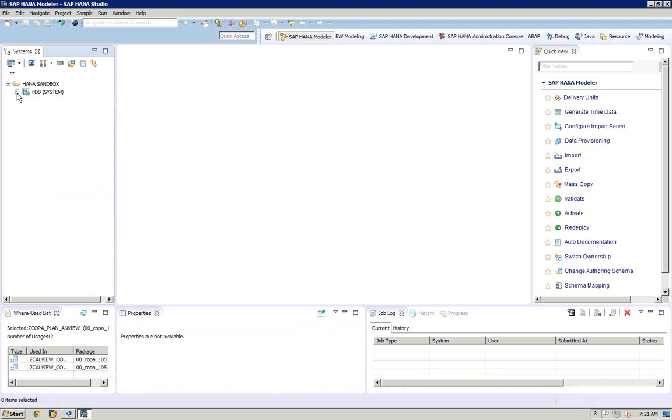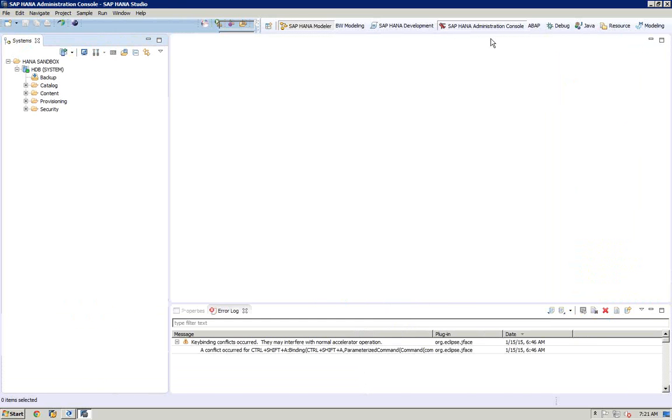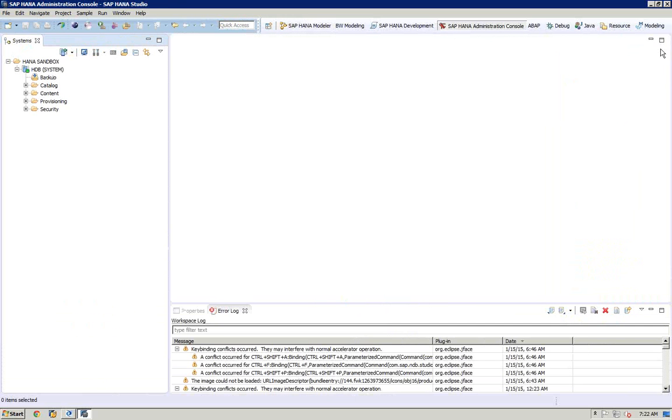In SAP HANA Studio, we have various perspectives as we discussed. What are the various perspectives that are available? SAP HANA administration perspective, HANA development perspective, SAP HANA modeling perspective and so on. Suppose you are in the administration perspective. In the administration perspective, we don't have anything on the right hand side. If you click on the HANA modeling perspective,